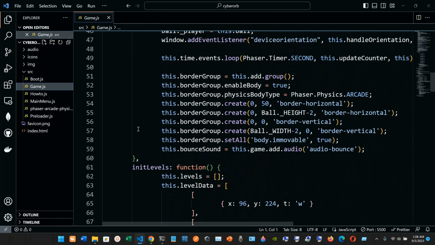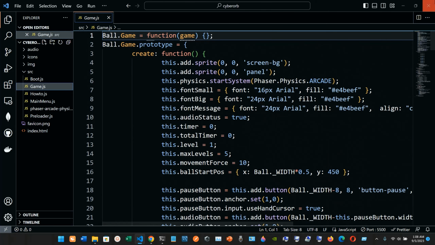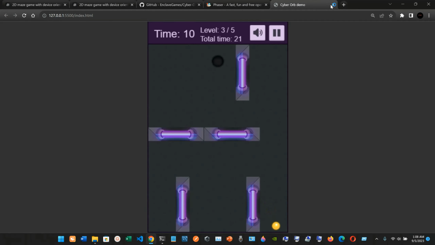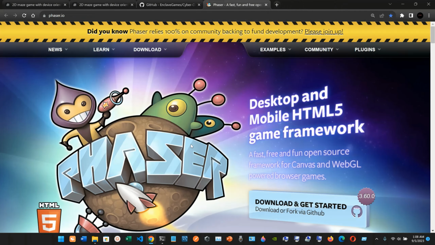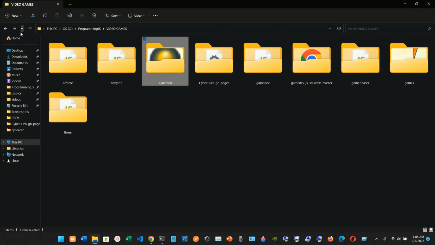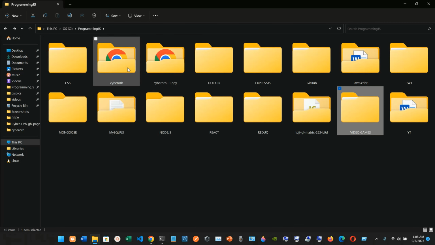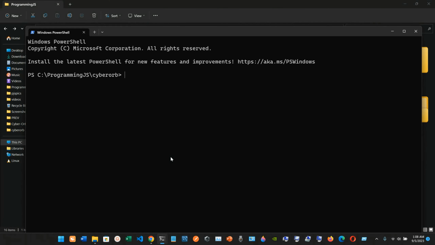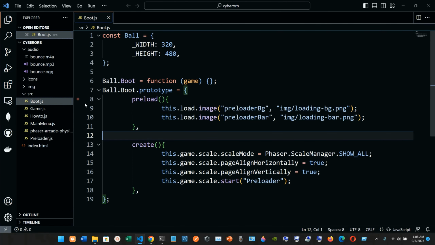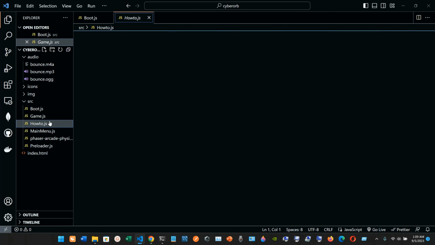This is from another folder that I have, but we're going to close this one. Okay, congratulations, level 3 complete. Let's close this one as well, and I'm going to go into my folder, cyber app. I'm going to right click, open in terminal, type code space dot, so I can open it, and this is the folder that we're working with. We have all these JavaScript files, but they are empty,